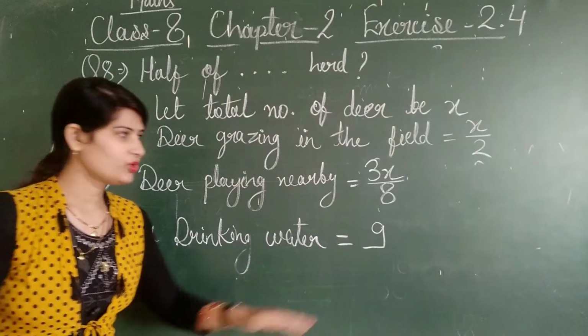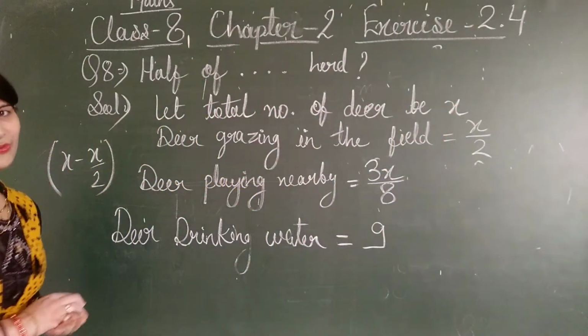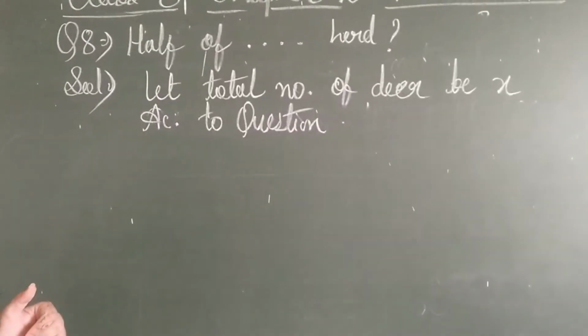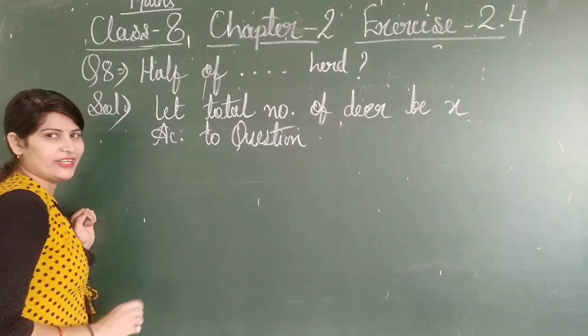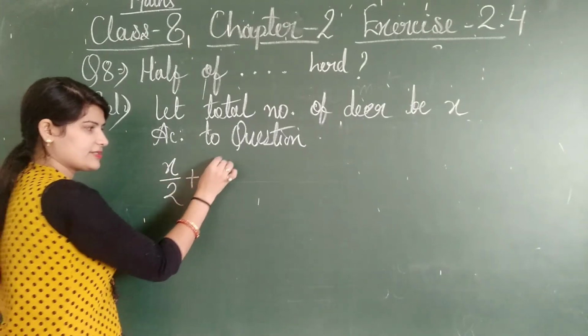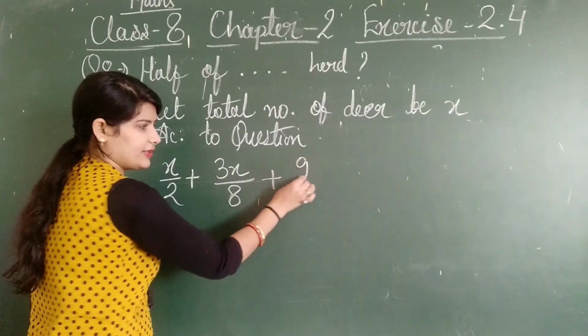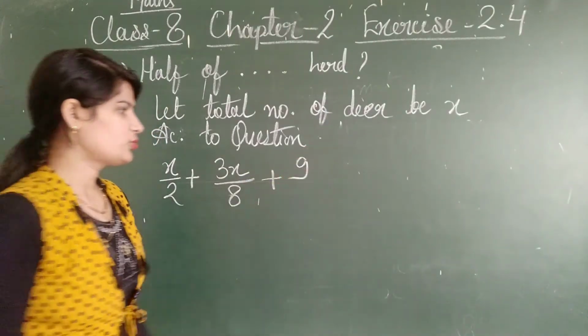So what we have to do? Add these numbers, you will get the X value. How? According to the question, we have to find the total. So grazing X by 2 plus 3x upon 8 plus 9 is equal to total